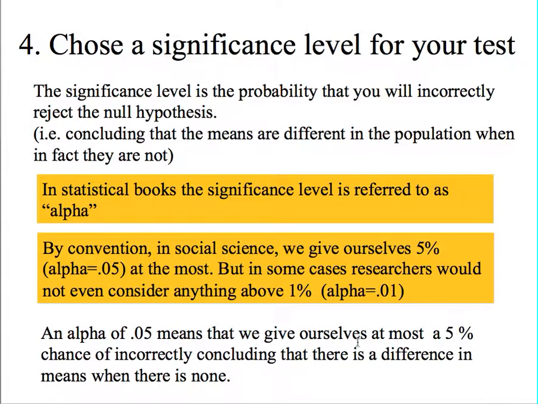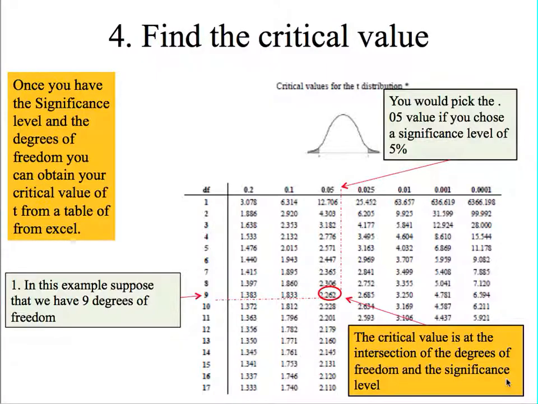As I already stated here, when you choose an alpha of 0.05, right, that means that you're giving yourself at most 5% chance of incorrectly concluding that there is a difference in means in the population when there is none, right? Now, why do we do this? Why do we choose significance level and the degrees of freedom? Well, in practical terms, because we want to find the critical value for our test, right? The t critical value for our test. And so we would do that with the degrees of freedom that we have and the alpha that we have,